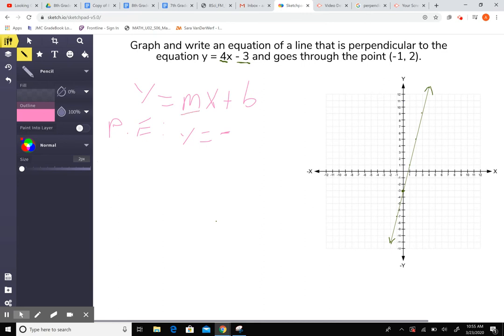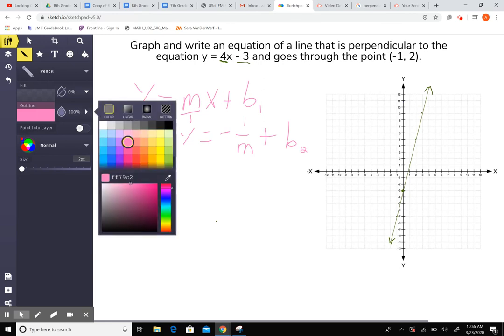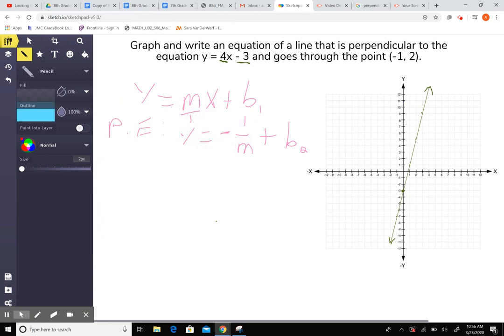Remember m is the same thing as m over 1, so it's going to be -1 over m, plus a new y-intercept. If we call that b1, we'll call this one b2. Okay, so if I look at my equation up there, y equals 4